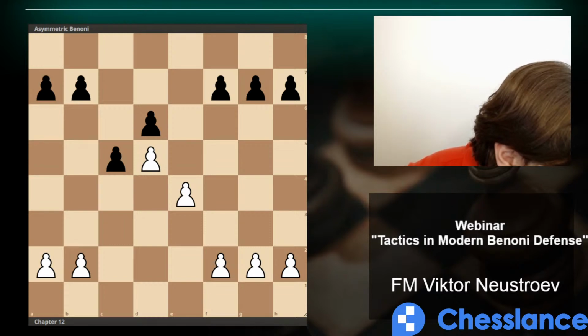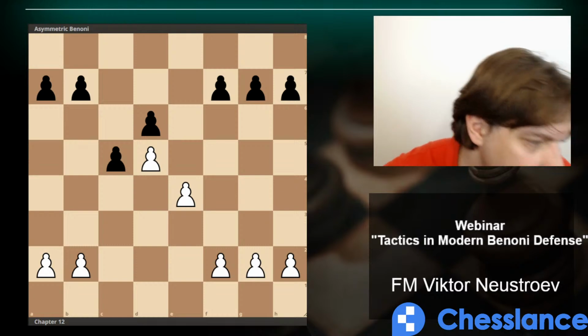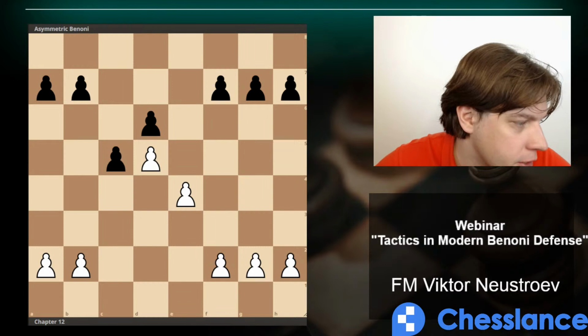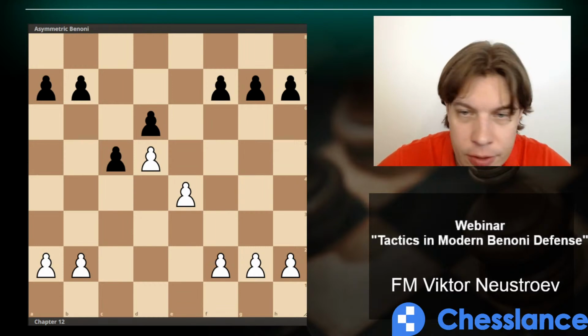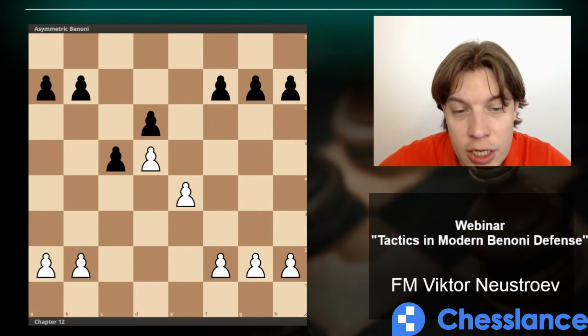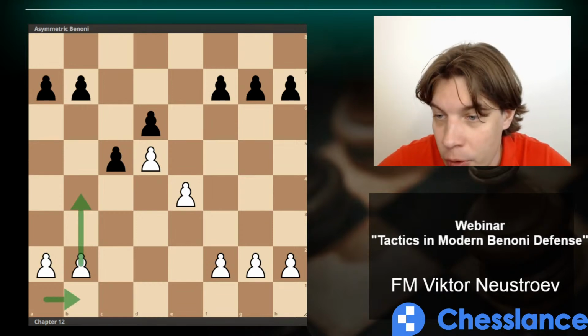Okay, looks like there is a queenside attack. What about the queenside attack for white? Well, I don't think that the queenside attack is possible here. I doubt it. Yeah, well, a queenside attack can be possible, but if, let's say, you play rook b1 and b4,